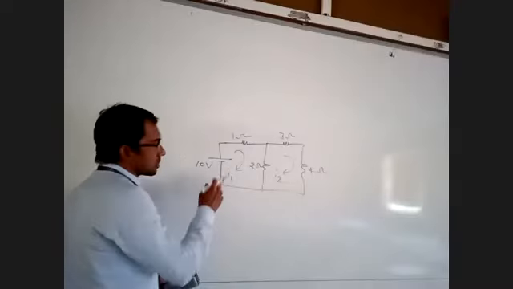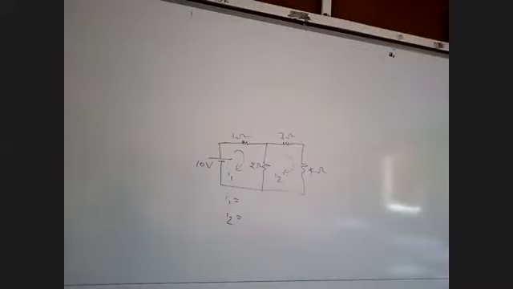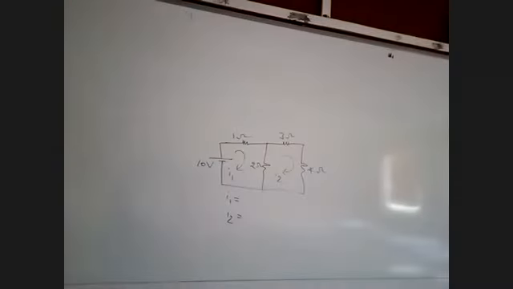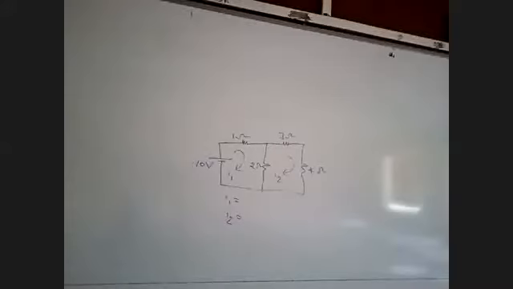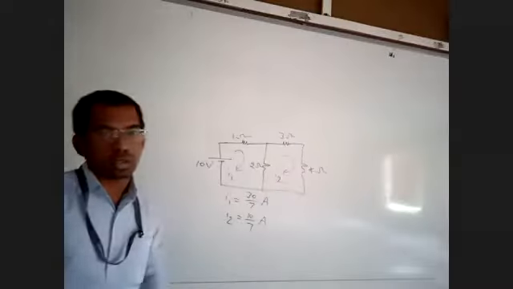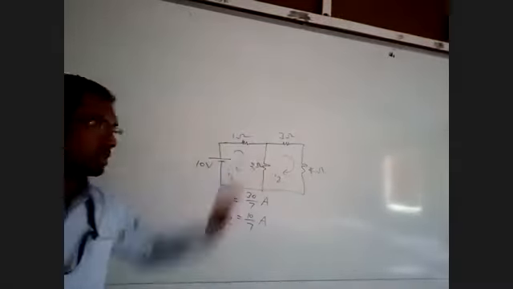So yesterday we have done this problem. What is the value of I1 we have got and I2 we have got? Have you solved the problem for I1 and I2? Yes, sir. I1 is 30/7. I2 is 10/7. Okay. So these are the values which we got yesterday for the currents I1 and I2.